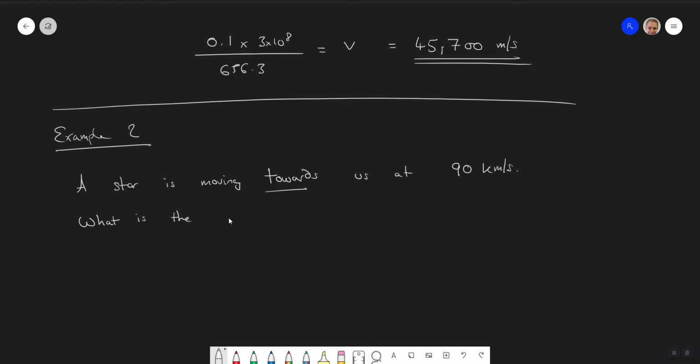So we're moving towards it at 90 kilometers per second. What is the wavelength of 486.1 nanometers measured as